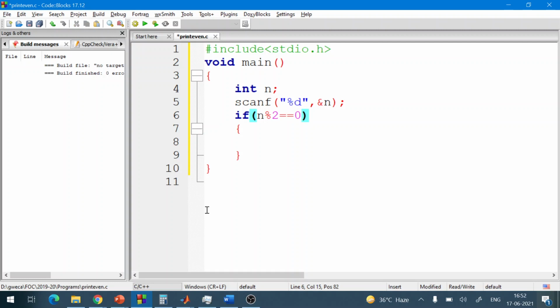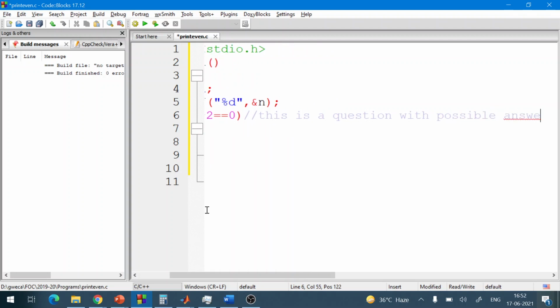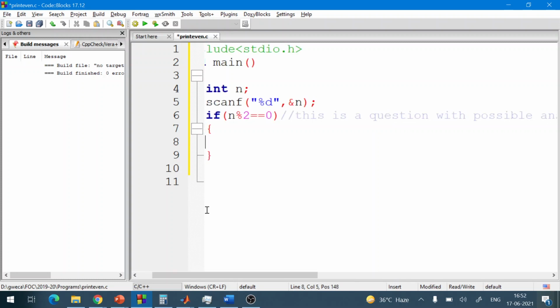So this comes as a question, with possible answers true or false. If the answer is true, right now we are only concerned with the true, because if it is even, then we have to print the number.